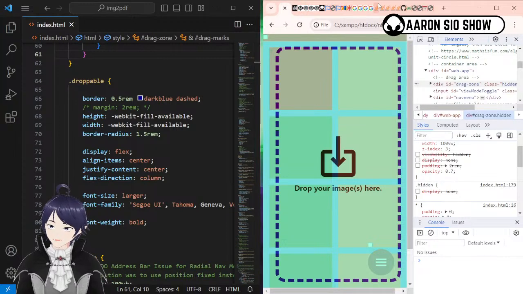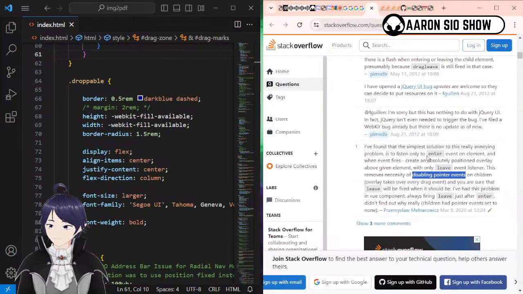I don't want to remove pointer events. This one is quite okay. I have found that the simplest solution to this really annoying problem is this. So what would happen is that